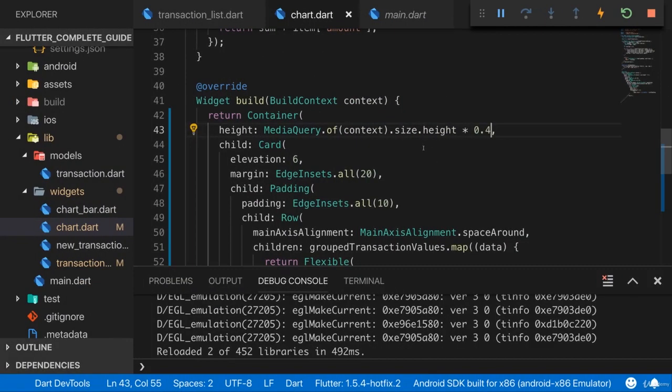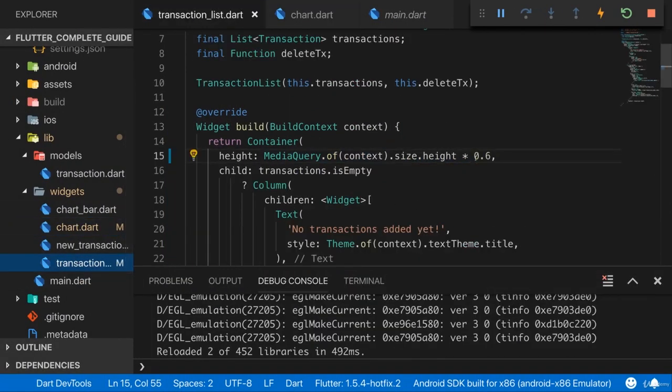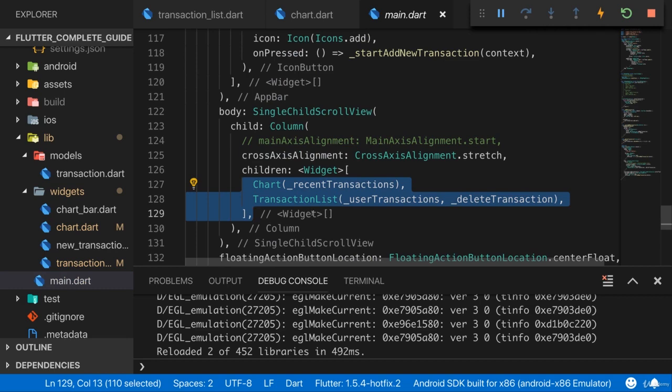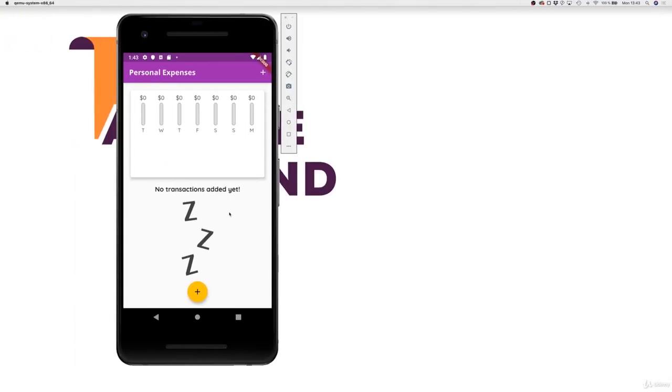Because if you think about it, we have 40% here on the chart, we have 60% here on the list, and if we have a look at the main Dart file, then these are the only two widgets we have here, chart and list. So why can we still scroll here? Shouldn't they add up to, well, the entire height, and therefore this should not be scrollable? Well, that's not the case because we also have the app bar here, and we're not considering the app bar